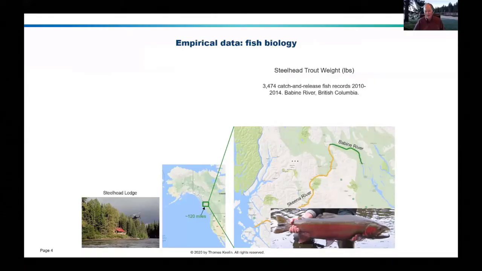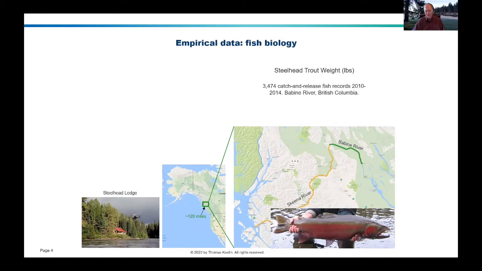Session 3, as I mentioned, is all about fitting metalog distributions to data. Typically empirical data. It could also be simulated data, but whatever it is, it's data. And as a reminder from session 1, we went over this example of the catch and release fish records for the years 2010 through 2014 of